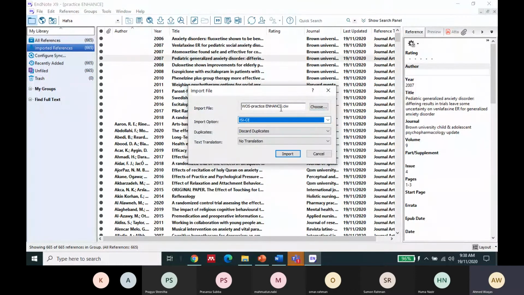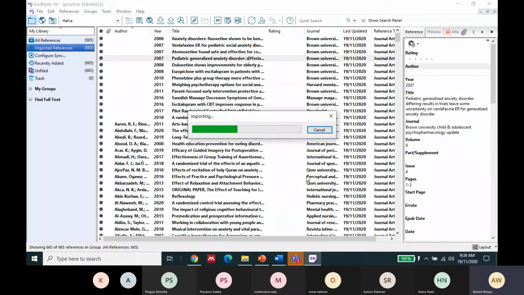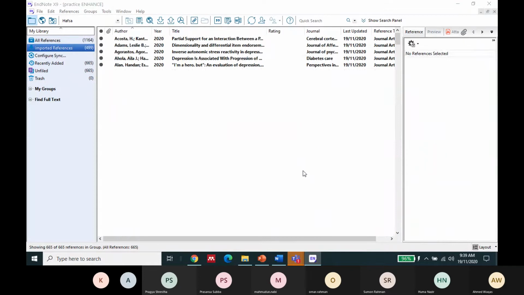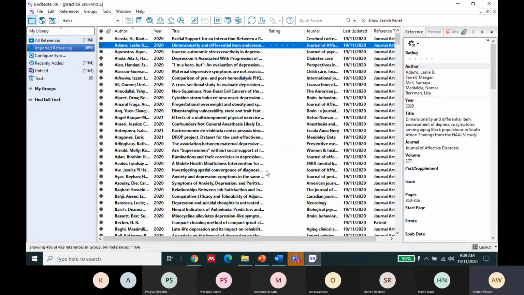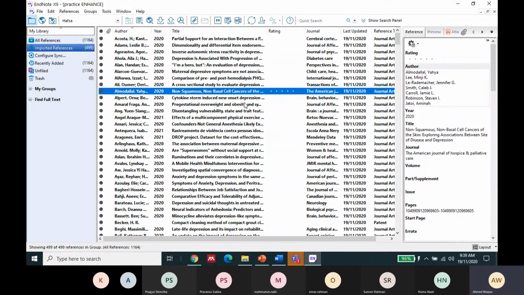ISI, because Web of Science was previously named as ISI Web of Knowledge database. Previously it was named as ISI, and you import it. So it imported 499 references, discarded 1 duplicate reference. So this is how you export results from